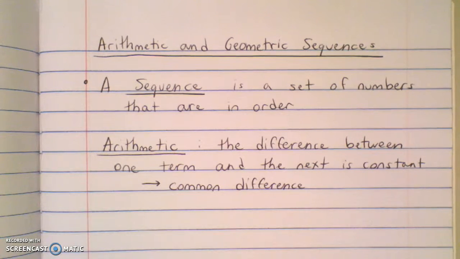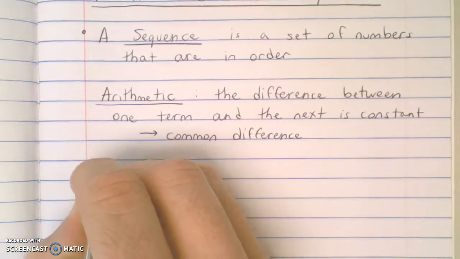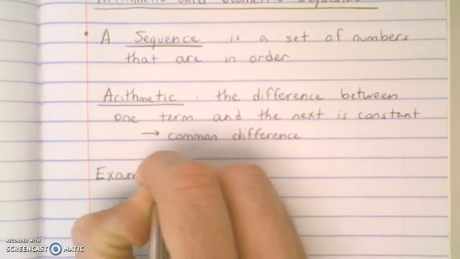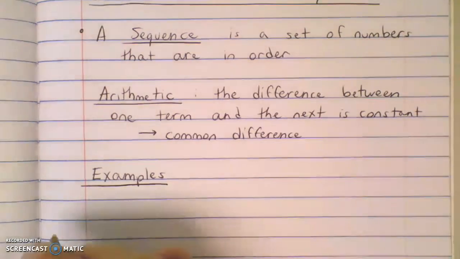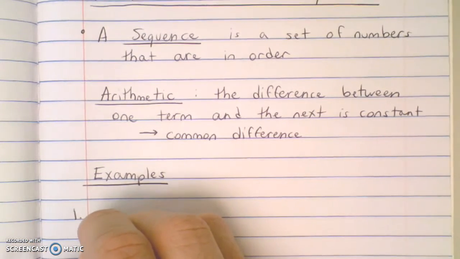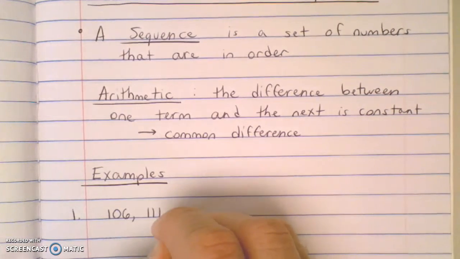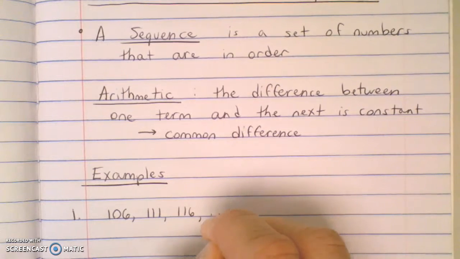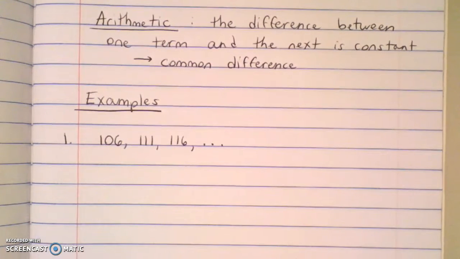So let's start off with arithmetic. Look at some examples. Let's say I gave you the following sequence: 106, 111, 116. Those are the first three terms in my sequence. If I asked you to identify the common difference and then figure out the next four terms in the sequence,